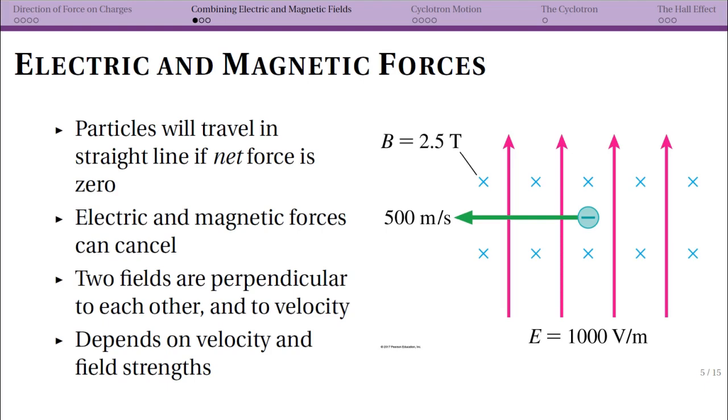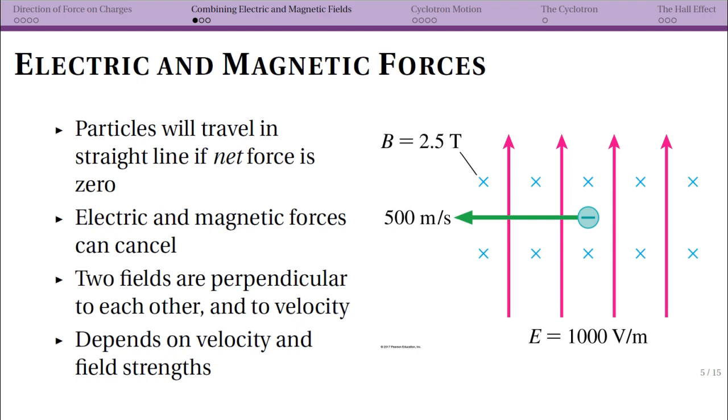Now that we've introduced the basic idea of magnetic fields exerting forces on charges, I want to discuss a little bit what happens when you have both electric and magnetic fields. Now, this isn't something that the book actually introduces in detail in the chapter, but it comes up in many calculation problems. This is something you're going to see frequently on assignments, and so I want to take some time